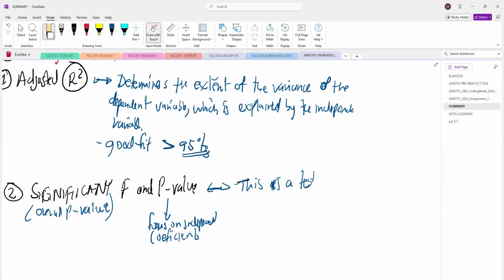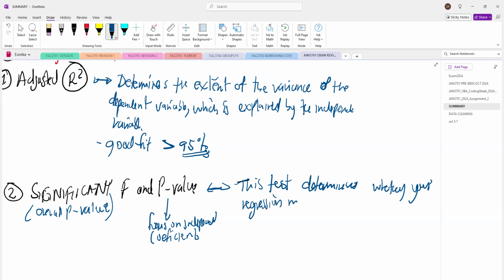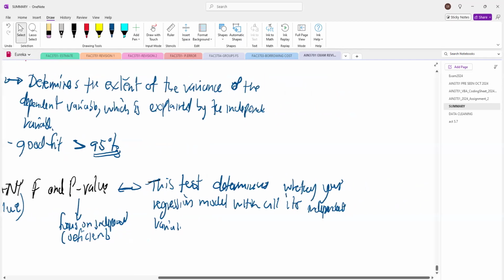This test, the significant F and P value, this test determines whether your regression model with all its independent variables